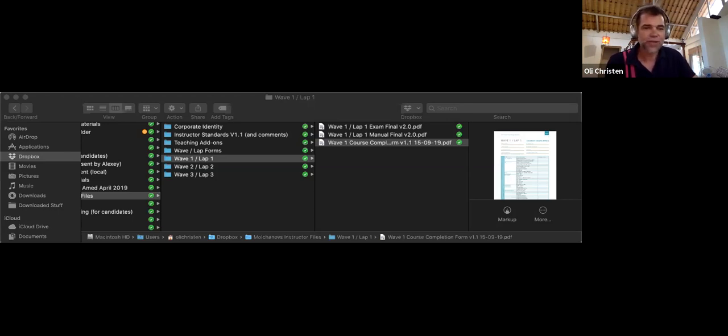In that case, you would have to keep a copy of this file here, because you are signing, the student is signing at the bottom that you have done all these skills, and the student confirms that with his or her signature. The same is the case when you do a full wave course and you do the skills in the open water section, where the performance requirements and the skills. And if a student cannot finish all of them,